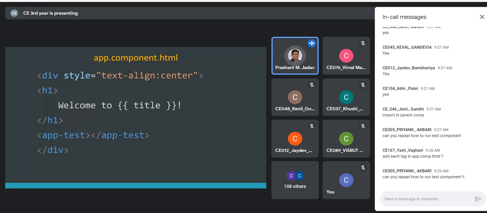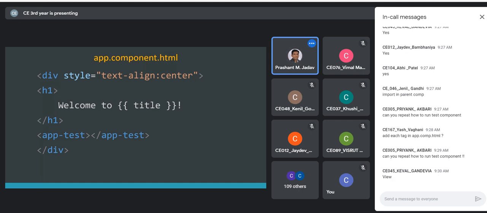So welcome to title, followed by app-test, and there is no standard HTML tag called app-test. So this app-test would be replaced by what? The view of the test component. Correct, it is the view.